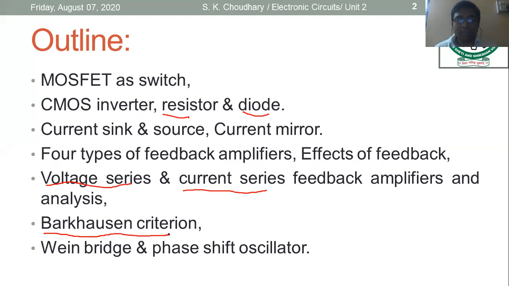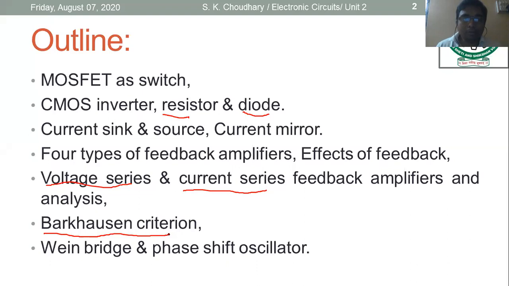So I have just partitioned this unit into 3 different sections. In the first section we learn the MOSFET based circuitry, whether it is used as a switch or as an inverter, then secondly we cover the feedback amplifier, and third we cover the oscillators. And all this circuitry has been made from the N channel MOSFET, which we preferred.